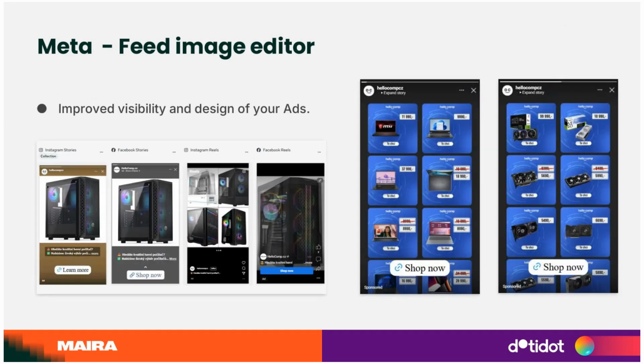The feed image editor also elevates our ads across stories and Reels placements. On the left, you can see what Meta usually does with products in ads in these placements. On the right, you can see how the catalog ad looks with the branded template applied. The result is significantly improved visibility, obviously, and design quality compared to the plain catalog ads that just show raw